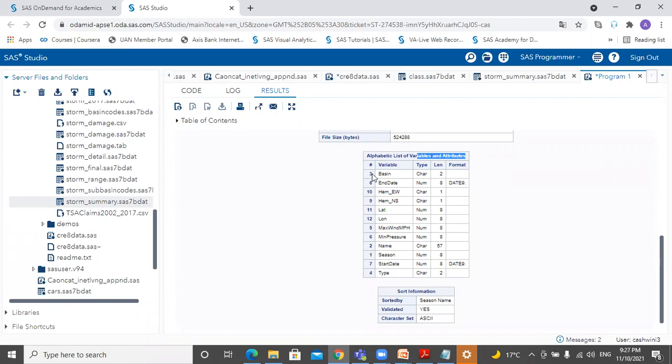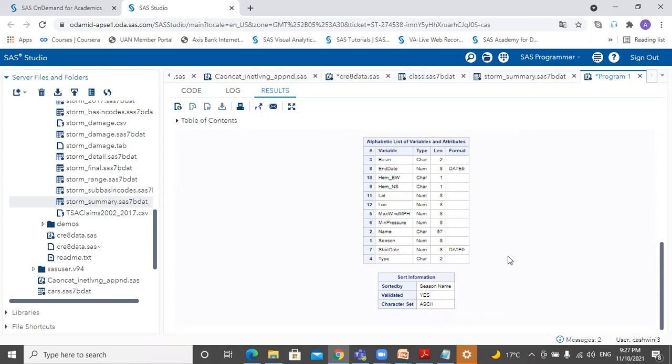The numbers indicate the position in the table. Basin is the third column. This is the eighth column in the table. The first column is season, but because it's shown alphabetically, it's ordered like this. And this is the information on the table because it's already pre-sorted.